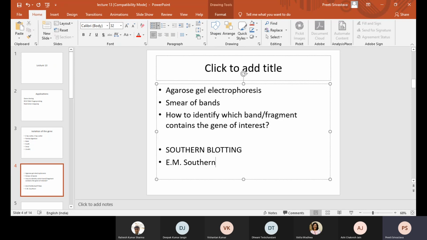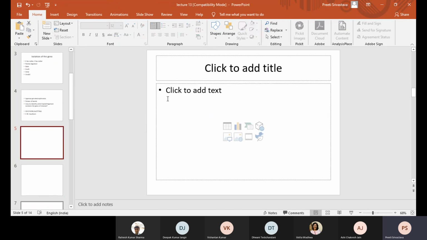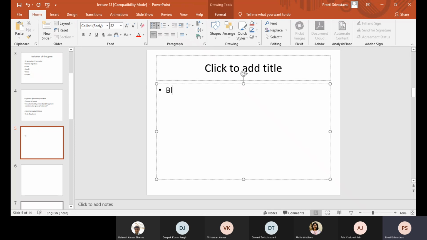Southern. So nowadays people use different techniques as well, but this is one of the oldest techniques, and still, I would say, one of the most reliable techniques. The technique was named Southern blotting because of the name of the scientist called E.M. Southern, who discovered the technique. But in general, when we say blotting, what is blotting? What would the English meaning of blotting tell you?